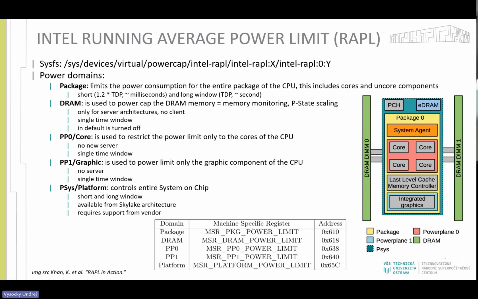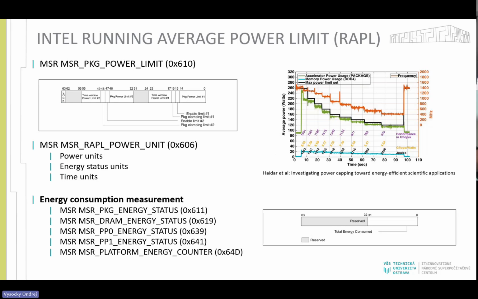So the CPU changes core frequency based on the information in the evaluated time window, where it samples the power, and it has a specified time window, running average power limit. And if the average power consumption exceeds the limit during the specified time window, then the CPU is being